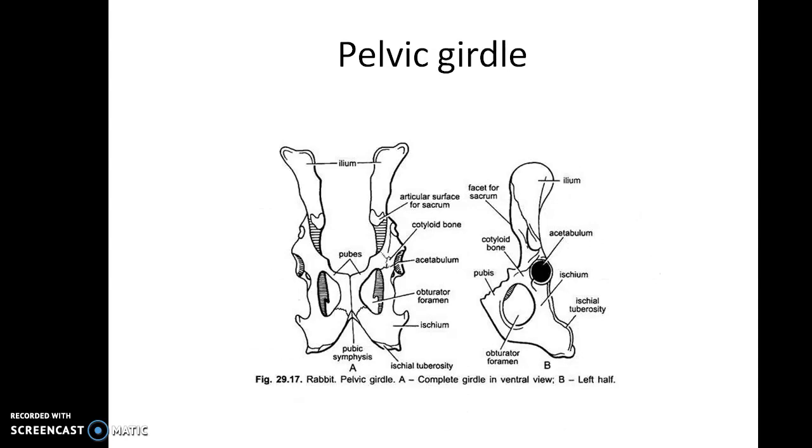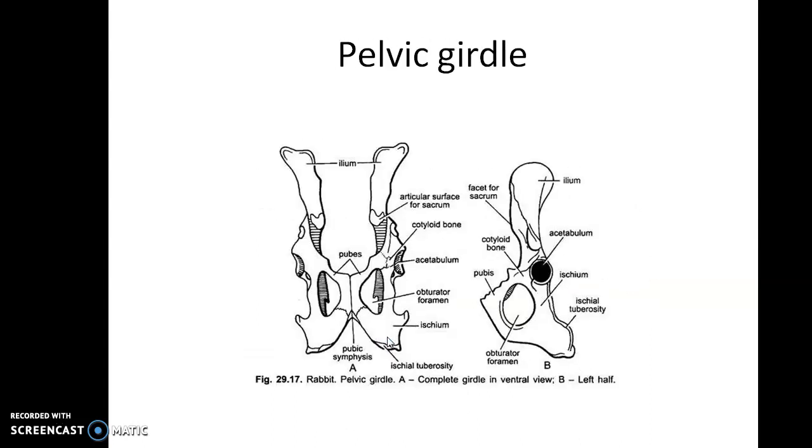Next, coming to the pelvic girdle. The pelvic girdle on each side is formed of a compound bone called the innominatum. It is in turn formed by the fusion of 3 bones. So this is an innominatum, and each of them is formed of 3 bones. You can see here. Okay, let's see what they are. Ilium, ischium, and pubis.